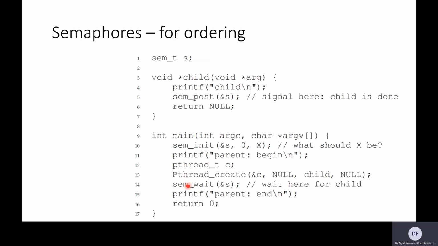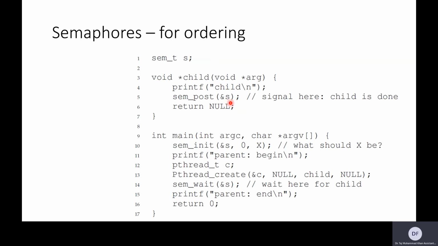Ideally, if the child thread has not finished yet, the main thread shall go to sleep, and the child thread, since it has been created, will ultimately run and do its stuff. After it has finished its task, just before returning, it will call sempost on this semaphore to signal the main thread that now I am finished and you can wake and start running,